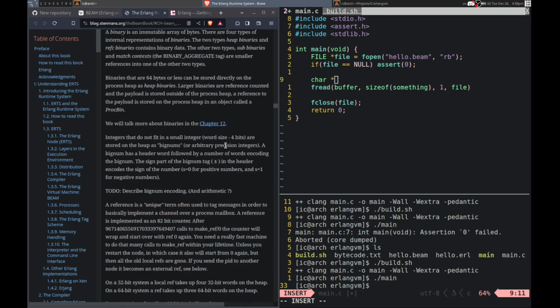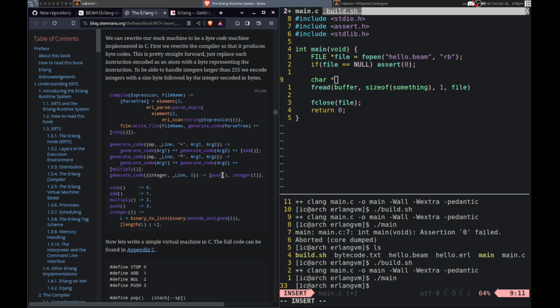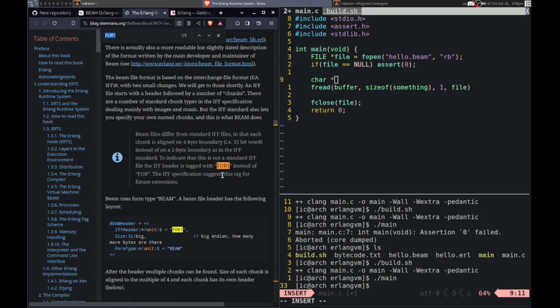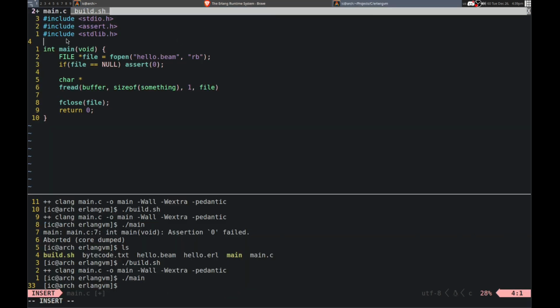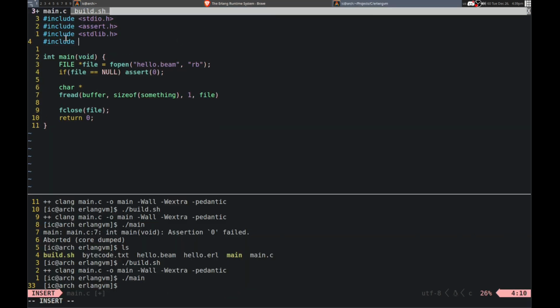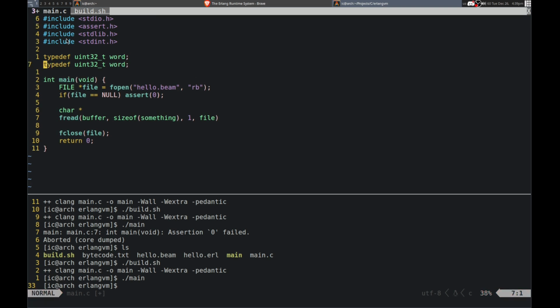Let's see, right here. This is what I wanted. Yeah, so this is the first thing I'm going to be reading. So right here, if I understand correctly, this means there's 4 units, and the units are 8 bits long. The unit size is 8 bits, so it'd be 4 bytes, essentially. So maybe I'll include int, and then just make something here, so like uint32_t is word, something like that. And then also 1 for a byte.